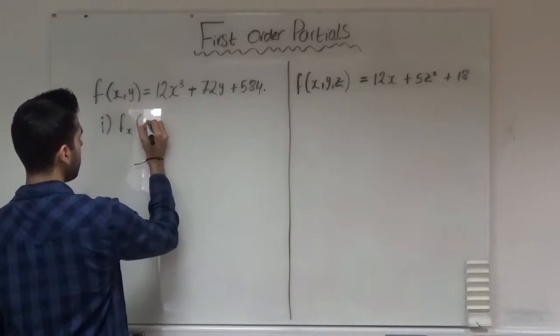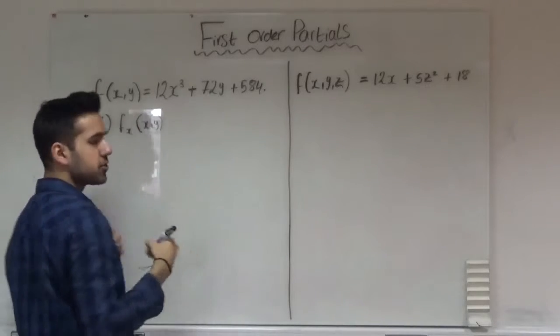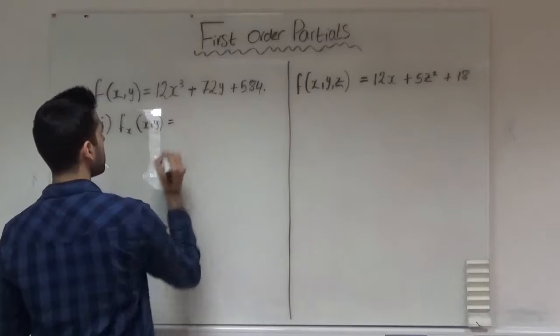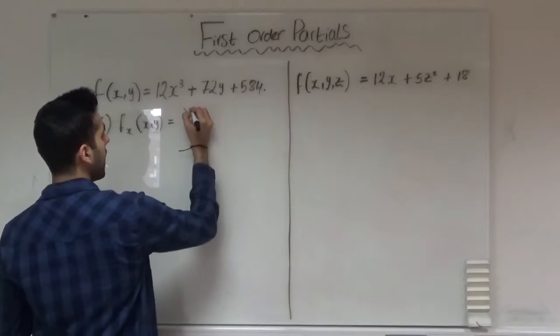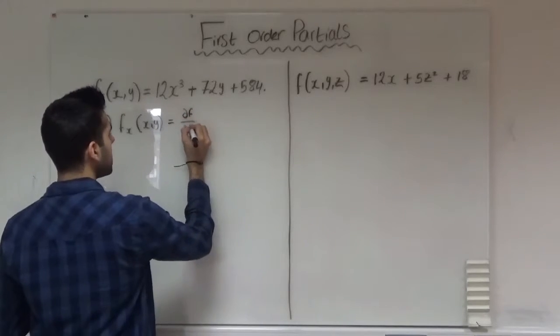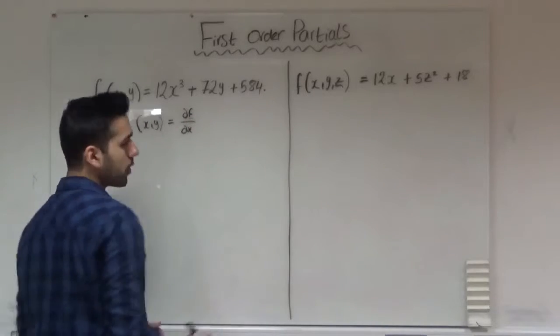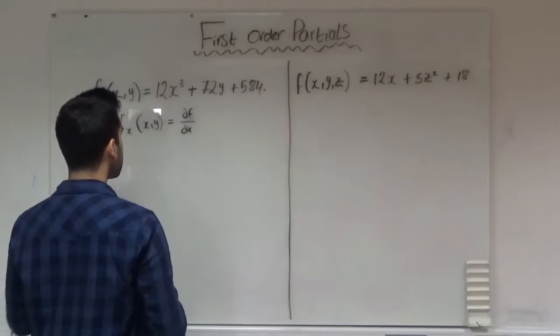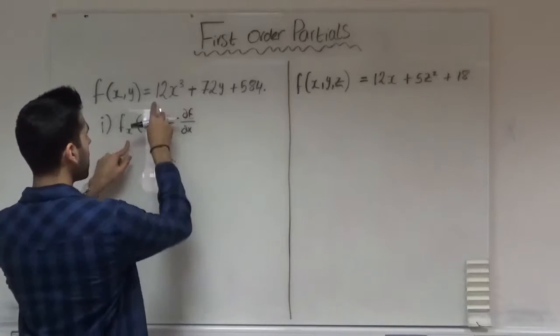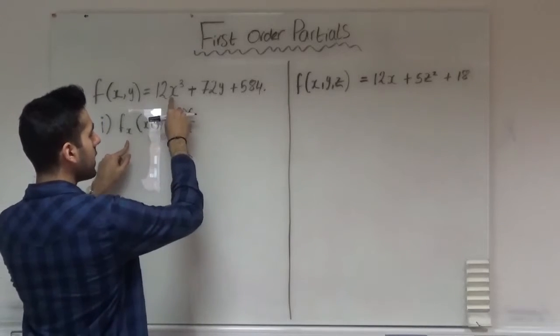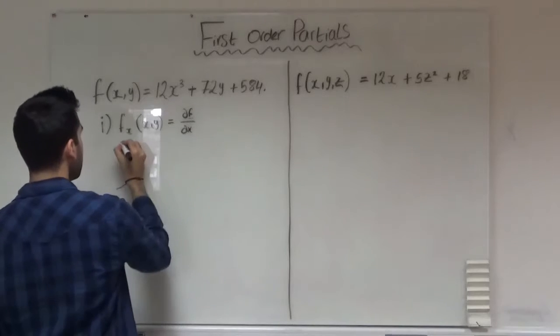So we can write that as this. And I mentioned previously that this is equivalent to saying del f by del x, where f is your given function, and this is just the equivalent to each other. So if we were to compute it with respect to x, we're going to be differentiating everything that has an x term in it. So f of x,